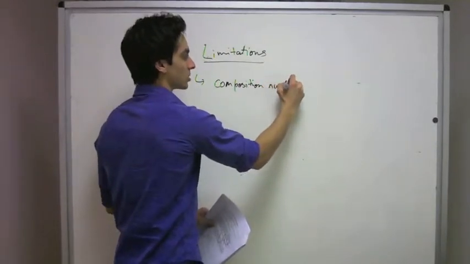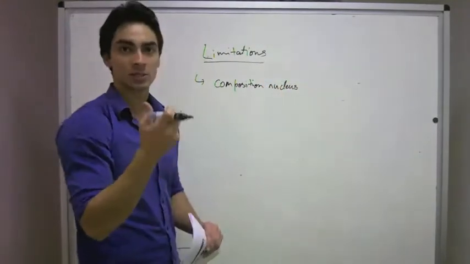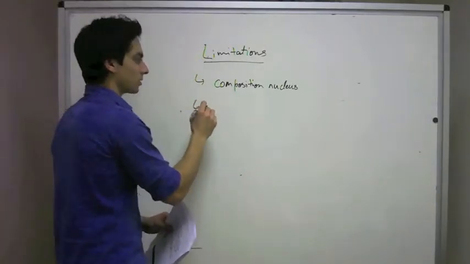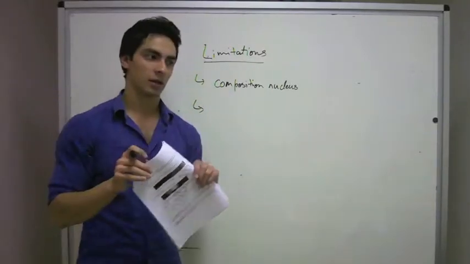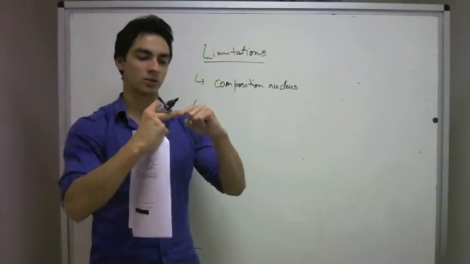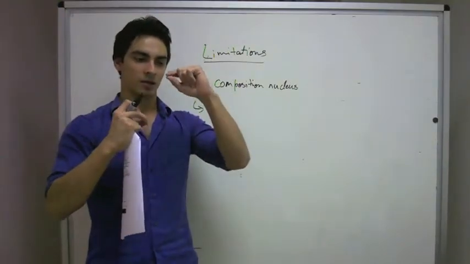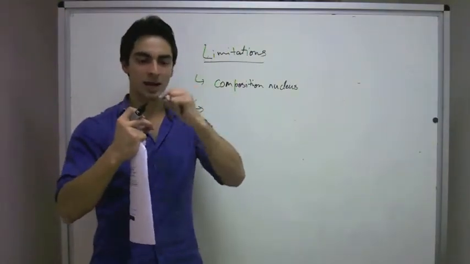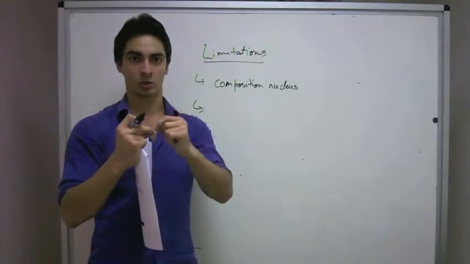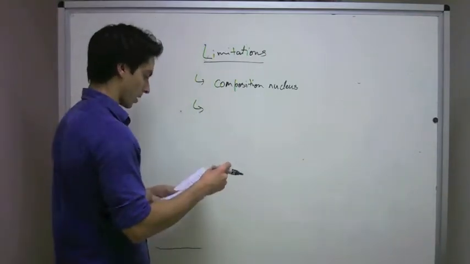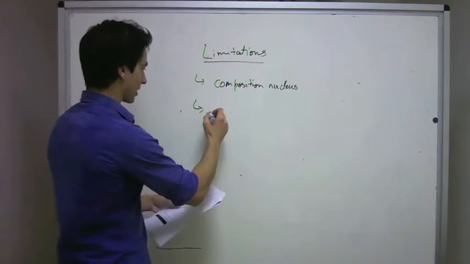They only mention that the nucleus is positively charged. Okay. Second, it cannot explain why the electrons, when they're moving in an orbit, why don't they eventually lose energy and spiral back down into the nucleus. Okay. So it can't explain